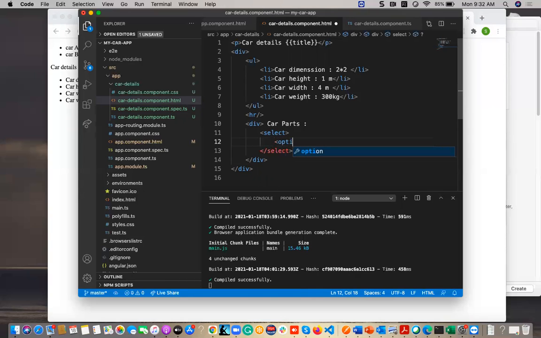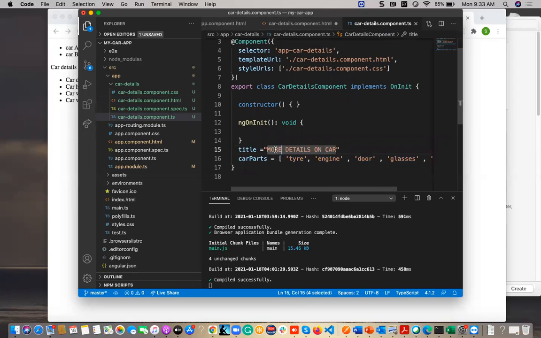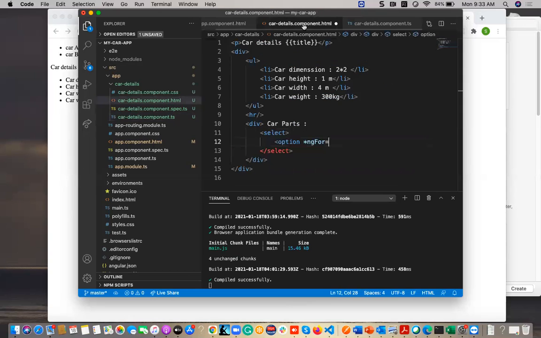So let us think, I want to put here option, and there is one internal directive, that is ngFor. Suppose if we are having one or more data selection, then we have to go for ngFor to iterate and get the data. Earlier the data in this component was only a single item, so you could call that with a string interpolation.